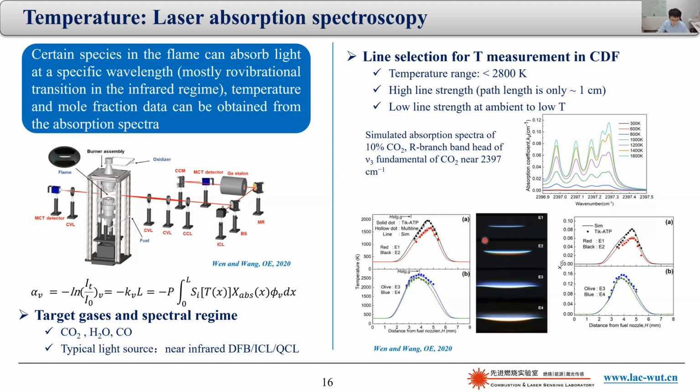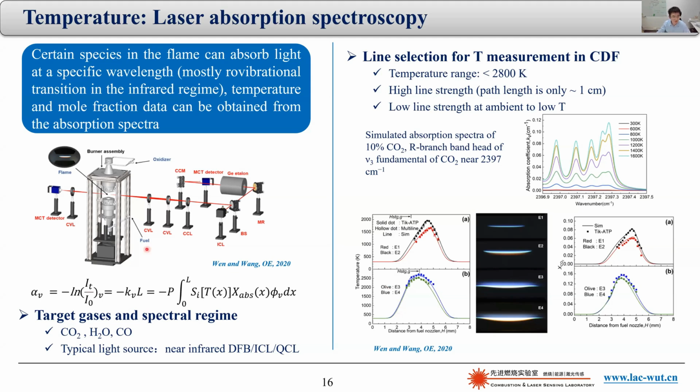And actually, we use this method to measure flame temperature for 4 different counterflow flames. 2 of them are sooting flames, and 2 of them are non-sooting. The temperature we measured for the first 2 flames, which are typical soot formation flames, shows a very good agreement between the measured temperature and the numerical simulations. At the same time, we can get the CO2 concentrations, which also compared very well with the simulation. And this is a very high temperature. You can see the peak temperature here is around 2200 K. So I think it's quite impossible to measure this with thermocouples. The only way to measure this high temperature is through this non-intrusive method.